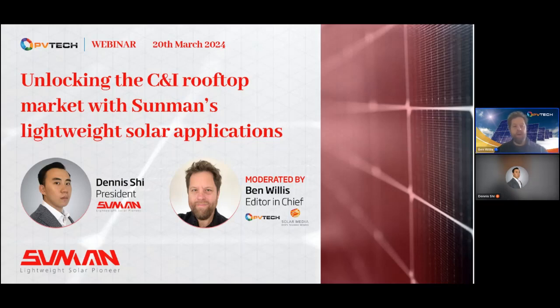The challenge with commercial rooftop installations is that not all rooftops are made equal. Many are lightweight and simply do not have the necessary load-bearing capacity of 15 kilograms per square meter to support a typical crystalline silicon solar installation. Added to this, many lightweight rooftops cannot be penetrated, which precludes rooftop mounting systems that require some kind of penetrative anchoring system. As a consequence, an estimated 40% of commercial and industrial rooftops are effectively locked out of the solar